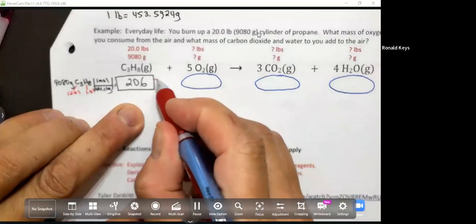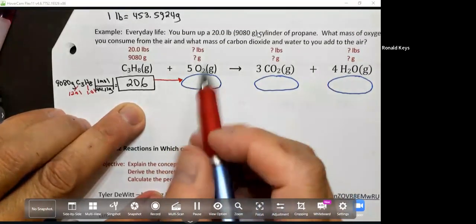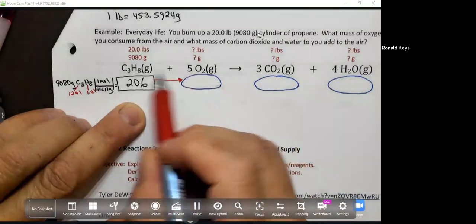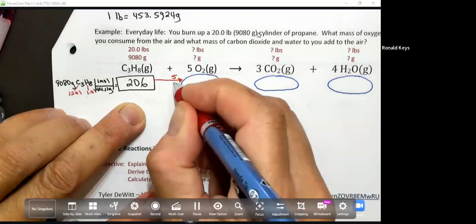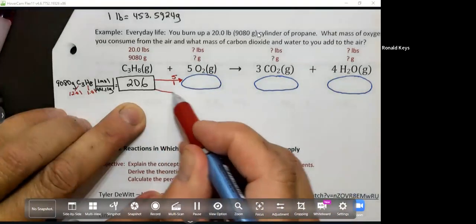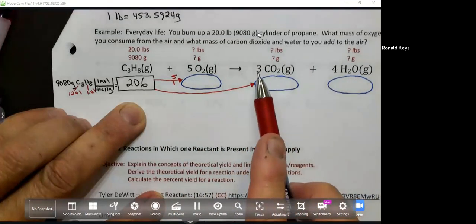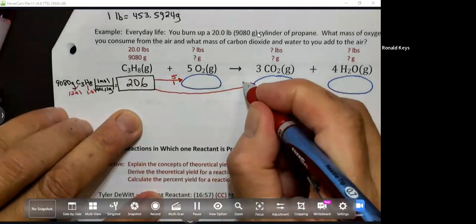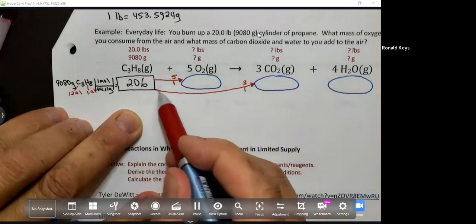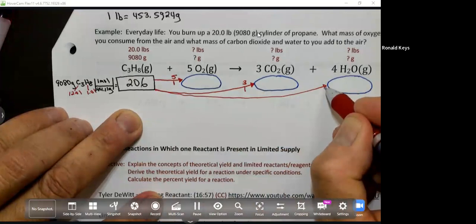And for this one right here, what is my mole factor fraction? 5/1. Yes, 5/1. I'm going to draw my arrow here. It doesn't have to look pretty. And on this one, what is my mole factor fraction? 3/1. And I'm going to draw my arrow to here. And my mole factor fraction is